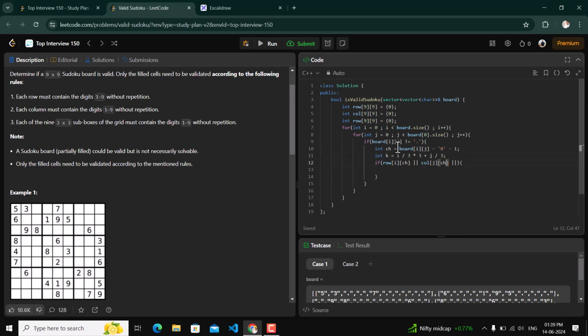So we will do the same here. Grid of k comma ch, so we will check if it is 1 we will return false.